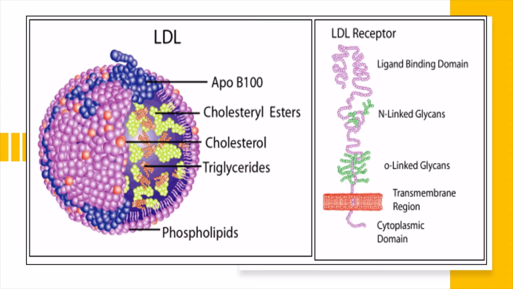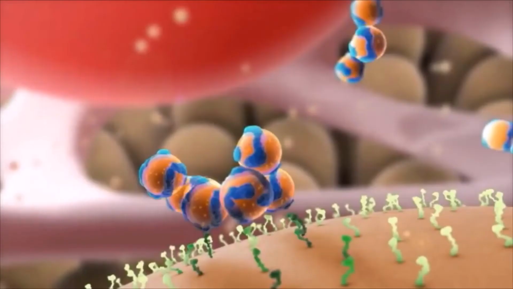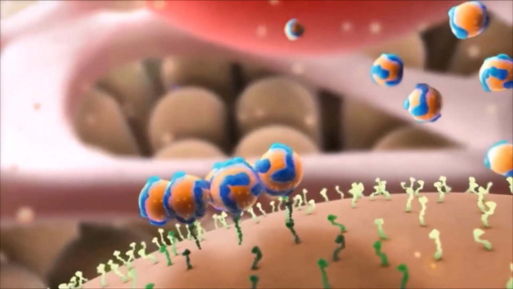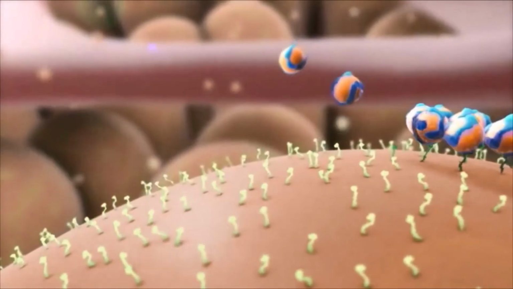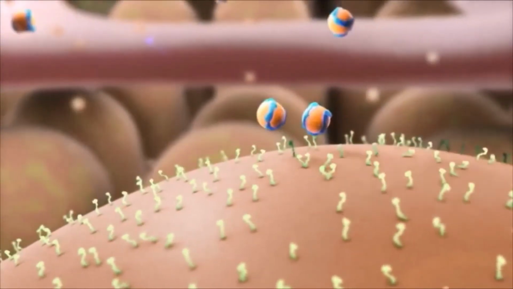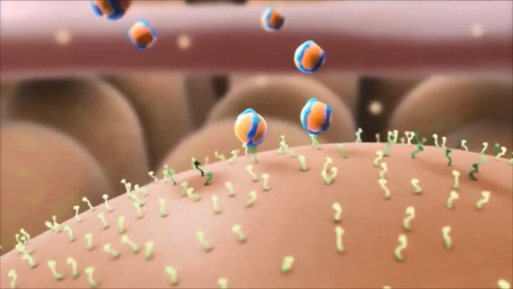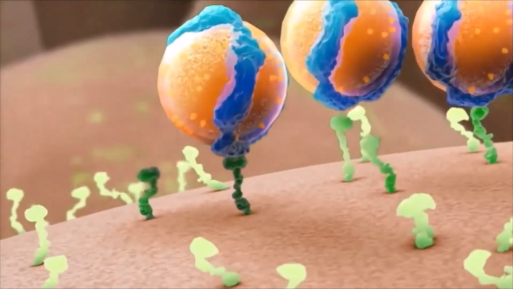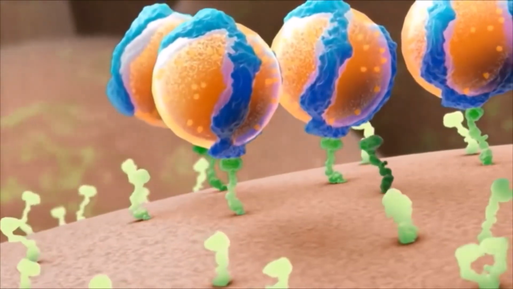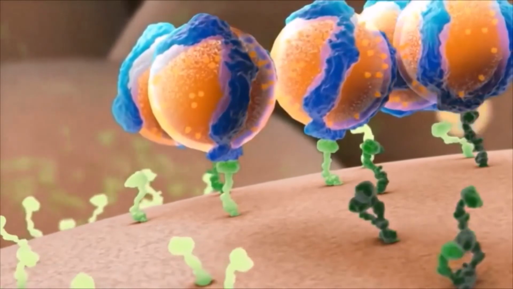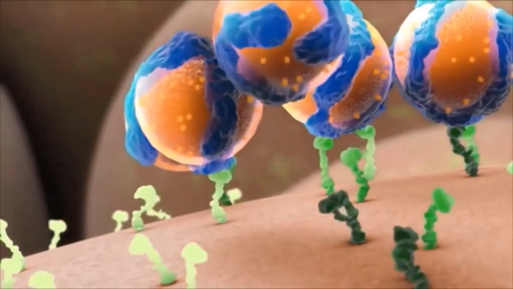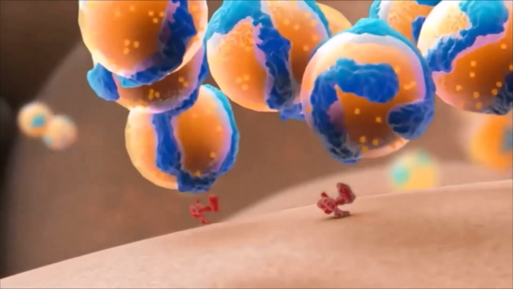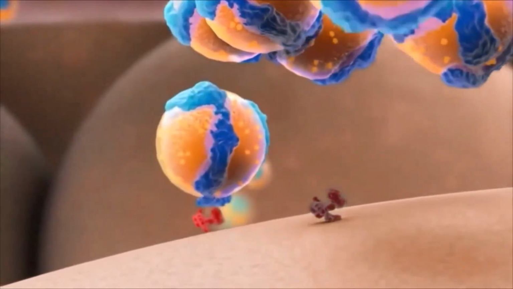to the LDL receptor. Let's try and understand this with the help of an animation. Here, as you can see, LDL interacts and is engulfed, or endocytosis is taking place. So, LDL is interacting with the help of the LDL receptor. But what will happen if this LDL receptor gets mutated? In that case, the LDL will not interact with the LDL receptor and its concentration will increase in blood.